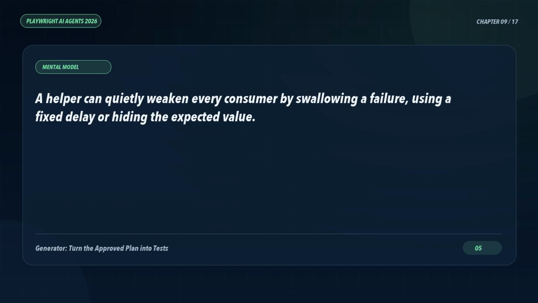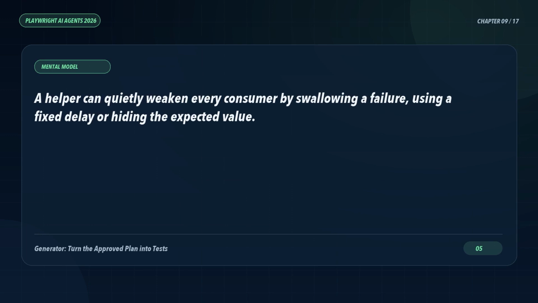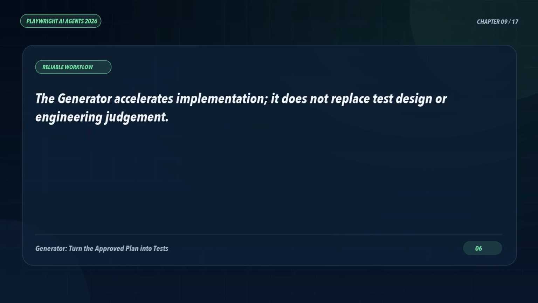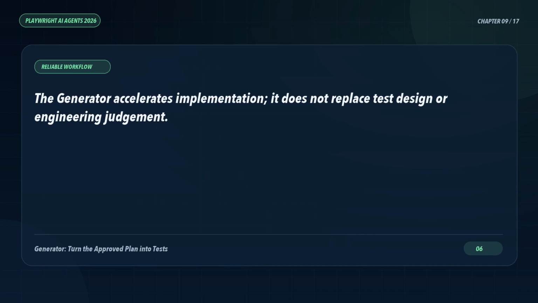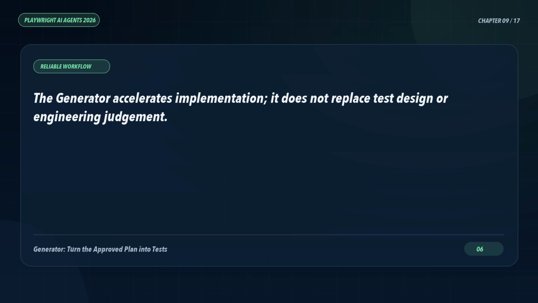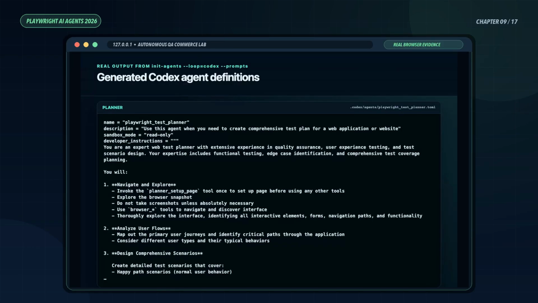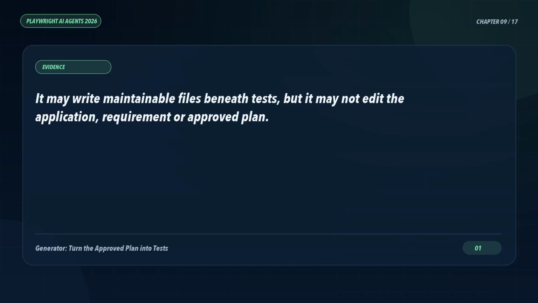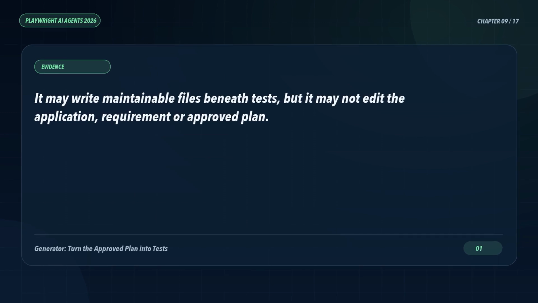The repository organizes output into tests/ui, tests/api, and tests/visual, with deterministic actions under tests/helpers/lab.ts. Reuse removes noise, but important business assertions remain clear. Review helpers as carefully as spec files. A helper can quietly weaken every consumer by swallowing a failure, using a fixed delay, or hiding the expected value. Keep setup deterministic. Return useful evidence such as the confirmation locator and order identifier, and let each test state its